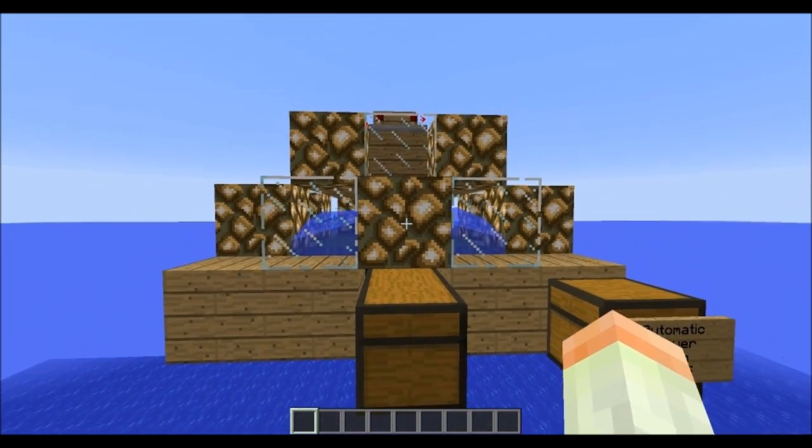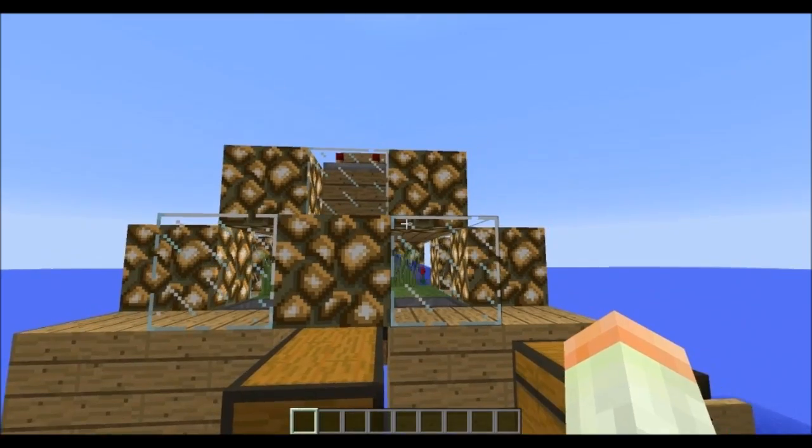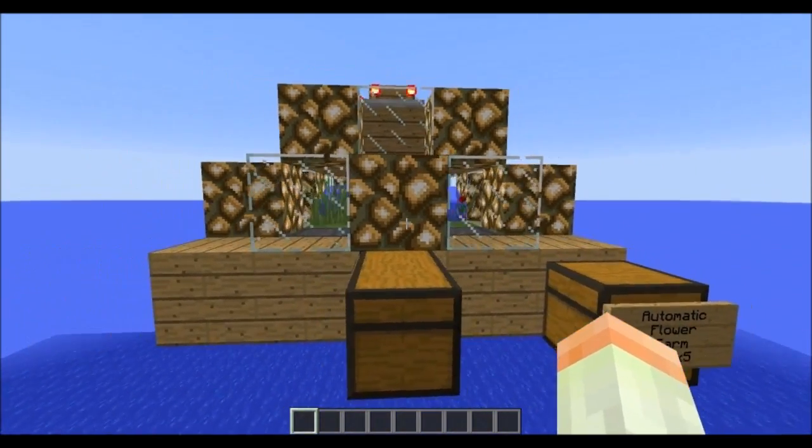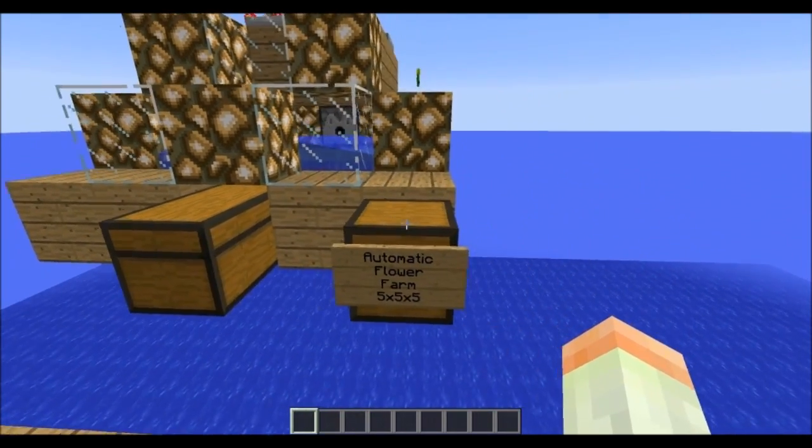You want to make sure that every single block is well lit, and really it could just work well with just the glowstone that's on the top here, and not necessarily on the sides. So what you're going to need are, for the automatic flower farm,